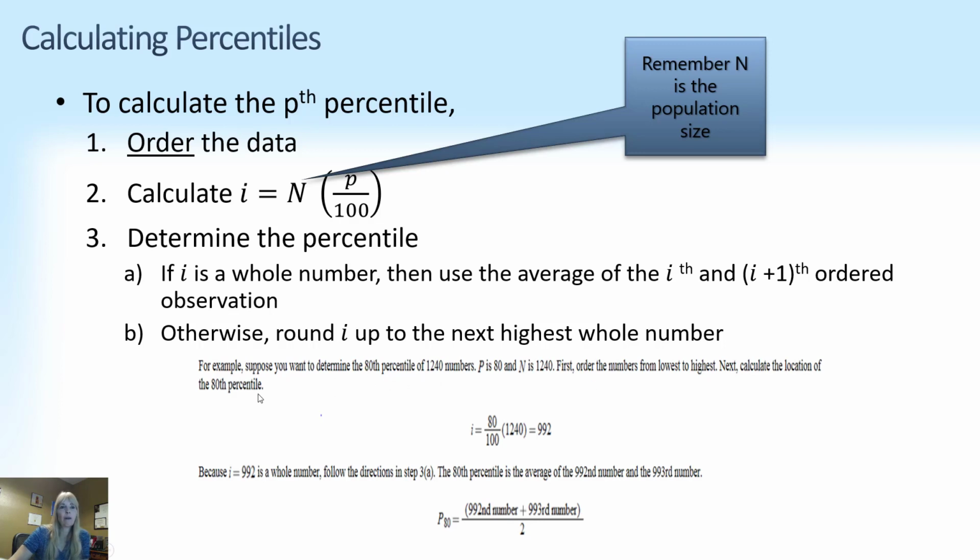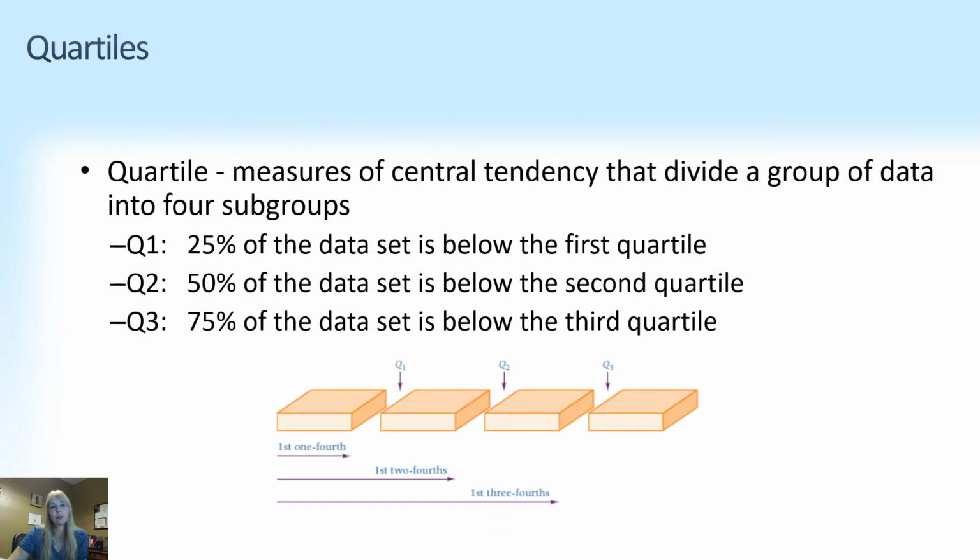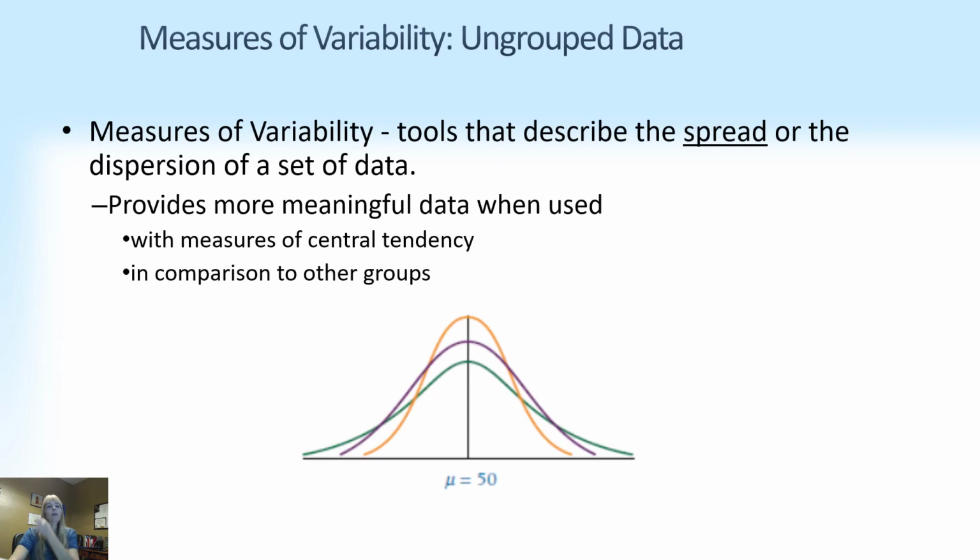So as you can see here, if I wanted an 80th percentile, this says my index number would be 992 placement. So in other words, I'd count to 992 values. But because it's a whole number, we would actually average these. Quartiles are the same thing as percentiles, except they're specific in quarters. So quartile 1, 25%, quartile 2, 50%, quartile 3, 75%. All right, and then we want to look at